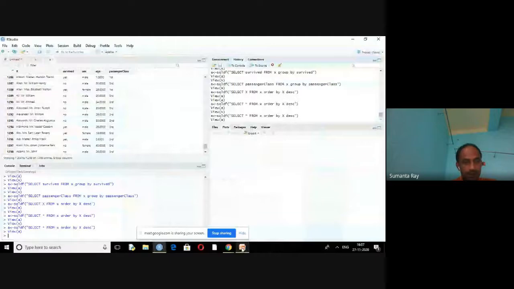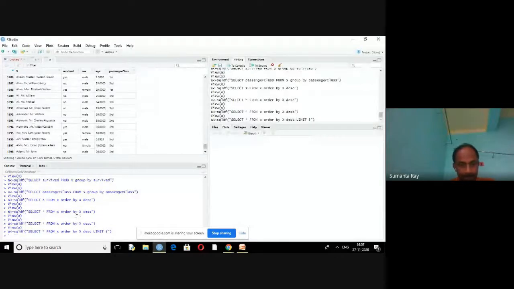Here you can add limit 5. What does limit 5 mean?